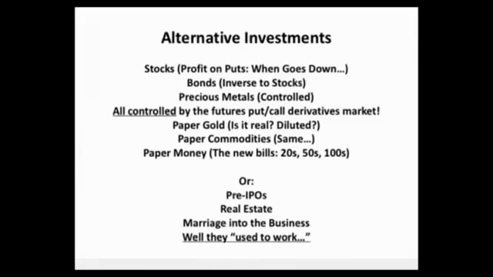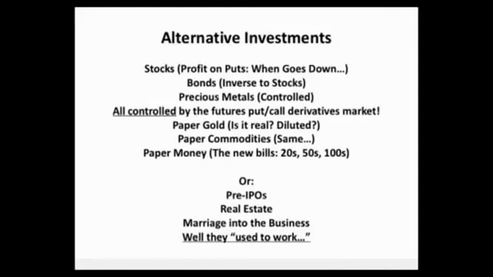And bonds travel just as fast as stocks. We've seen how precious metals are controlled by futures. You can put puts and calls in the derivatives market, and I believe that's intentionally suppressing the price of gold and silver. You can put in naked shorts in the market, too. And using naked shorts, that's right. And if you buy gold and only get a piece of paper saying you have a certificate of deposit, is it real? Is that diluted? Are there counterfeits of that? So paper commodities, paper gold, paper silver, paper wheat, it's all the same.